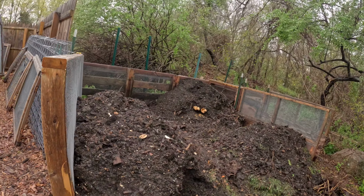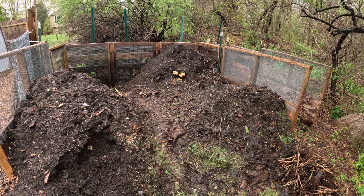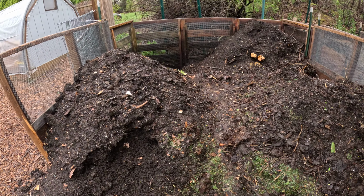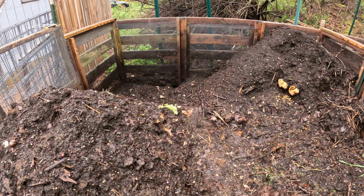The beauty of compost. So we compost everything that we can, including our food scraps and everything that comes out of the kitchen, and then just throw them into a bin like this. So this is quite a lot of compost in the making, and it eventually goes into that compost. But right now we have a lot of food that is open for eating because it still hasn't decomposed yet,